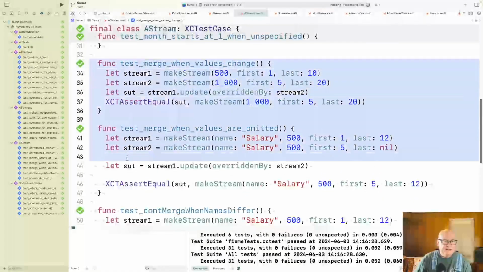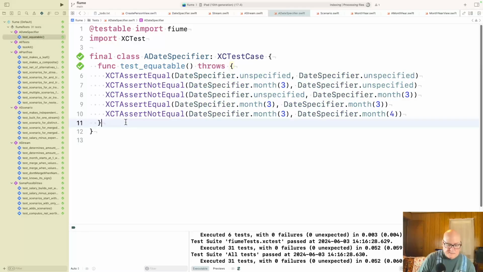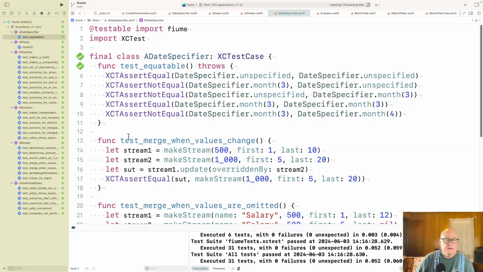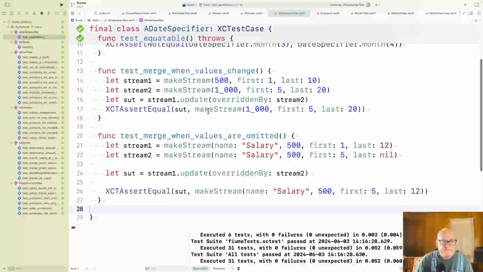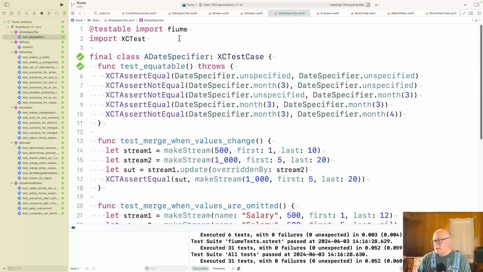It'll be a simpler version of that. So do we have a date specifier test? Yes. Okay. All right. This would be a good test to switch.